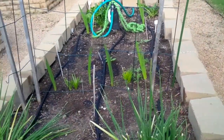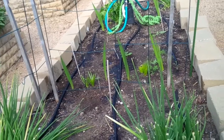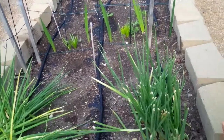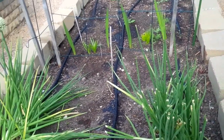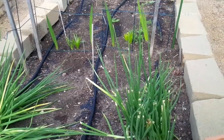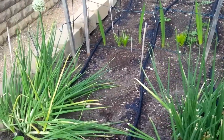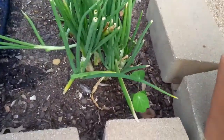Today is May 1st, and I just wanted to walk you through my garden. It's been raining a lot, so I haven't had to do any watering. But for the past week there hasn't been any rain, so I thought I'd come out and water. So, of course, as I come out, I just kind of want to show you I have my